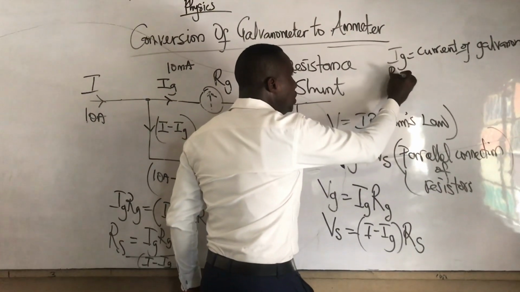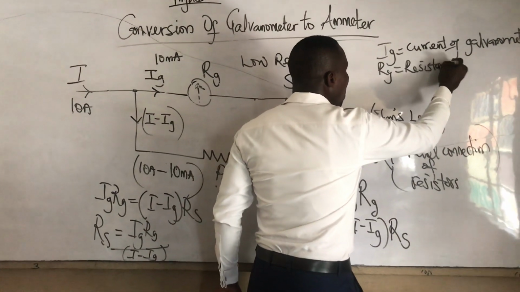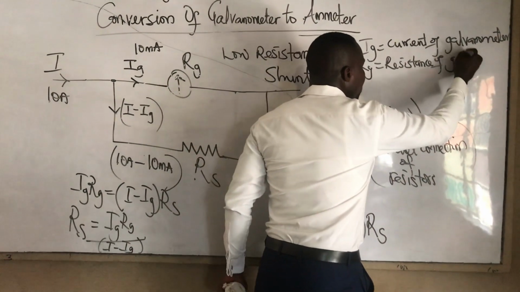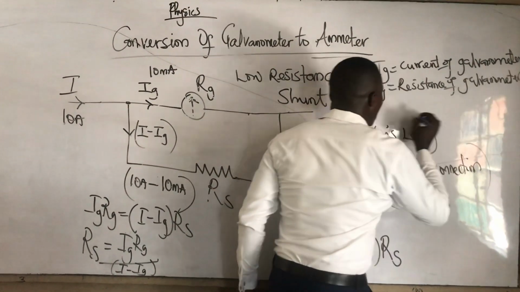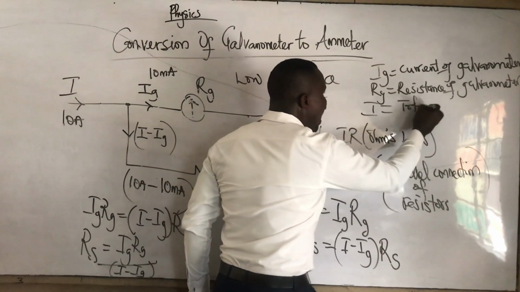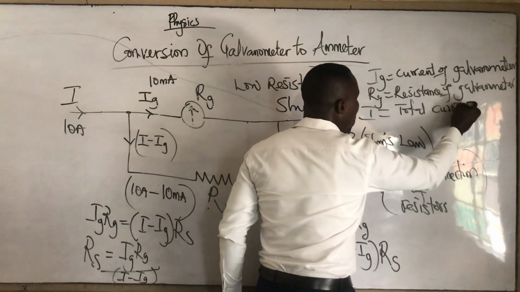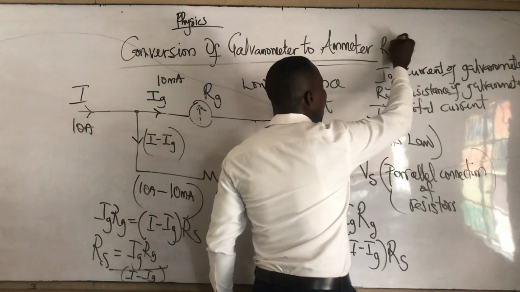What is Rg? Rg is the resistance of the galvanometer. What is I? I is the total current, given in ampere. What is Rs? Rs is